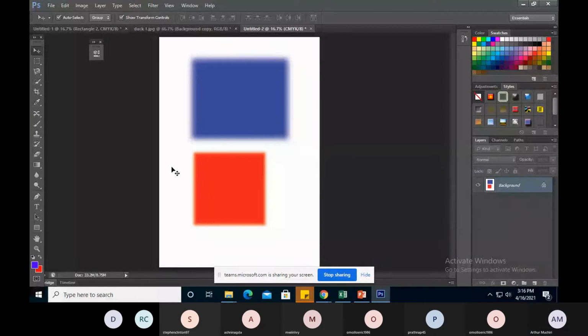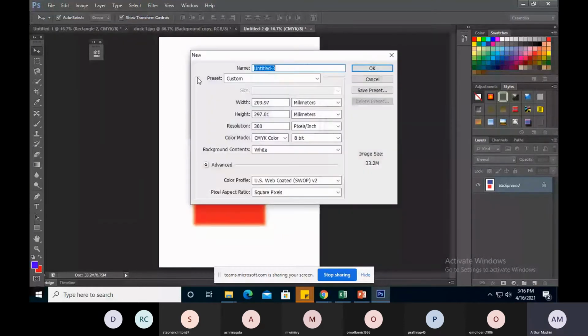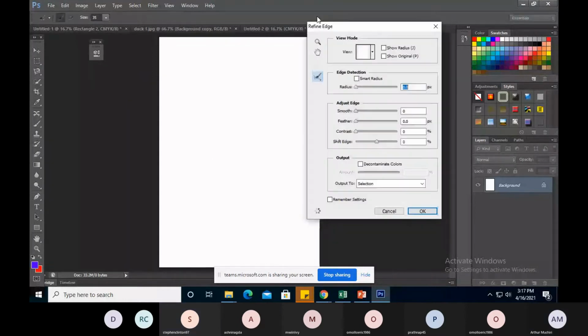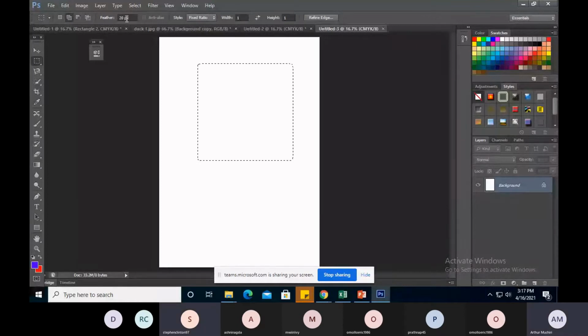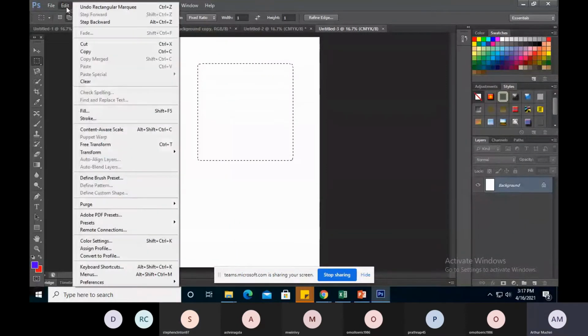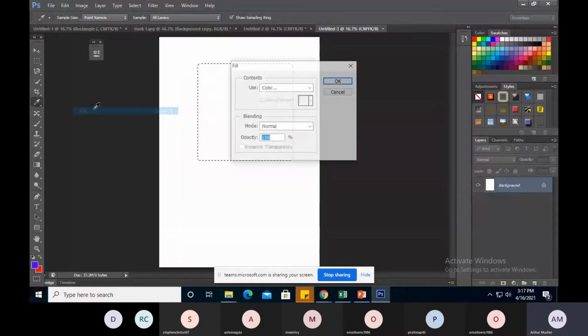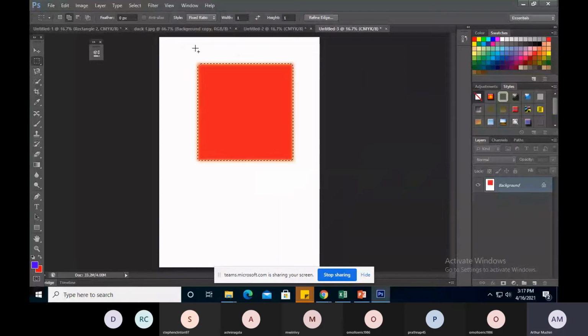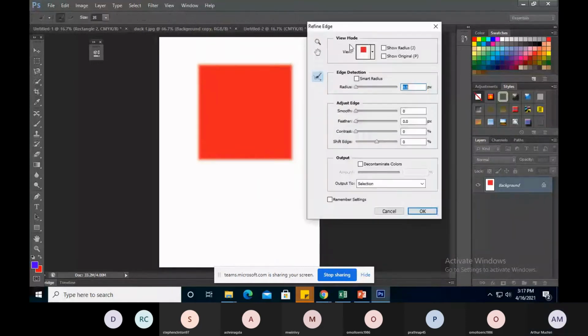File, new. Let me try and draw again. We'll see that it's going to be clear this time. Define edge. There are some settings I changed yesterday, it's only that I don't remember which. Let me set the feather to 0. Then we click on Edit, Fill, and then we go to Color. We choose a color there. Then we click OK. So we still somehow get a blur in a way, and